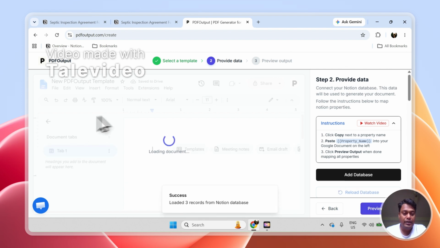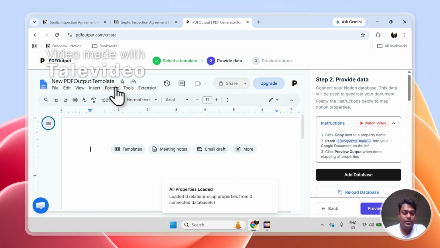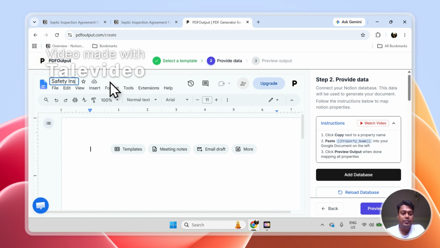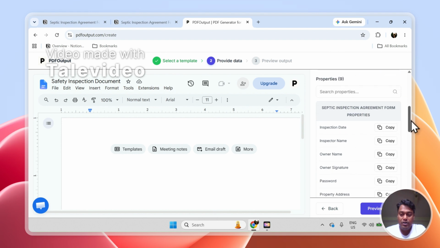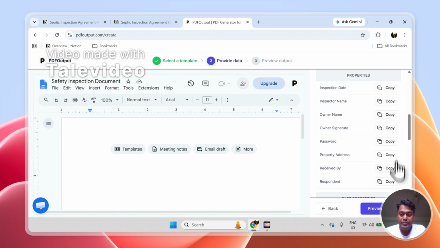completely from scratch. Okay. So this is a blank document, and let me just put the name onto the document. So this is septic inspection document. Okay. And on the right side, if I scroll down, I should be able to see the septic inspection agreement form visible over here. If it is not showing, simply click on reload database. It will automatically populate, and it is already showing me all the properties of the septic inspection database that I